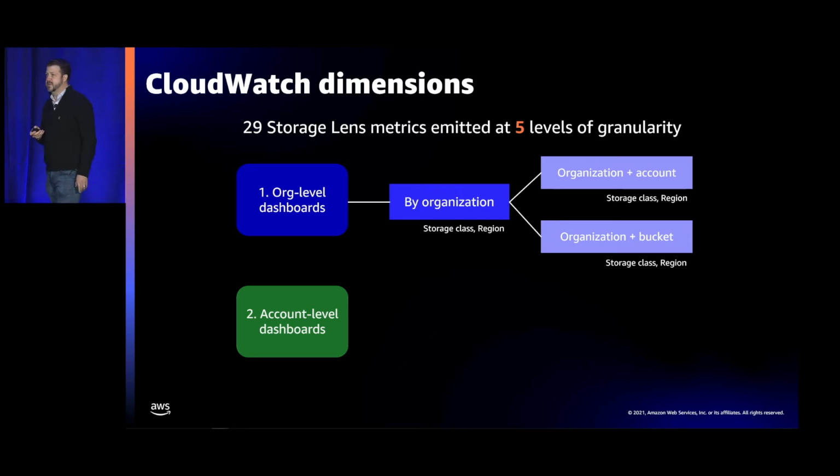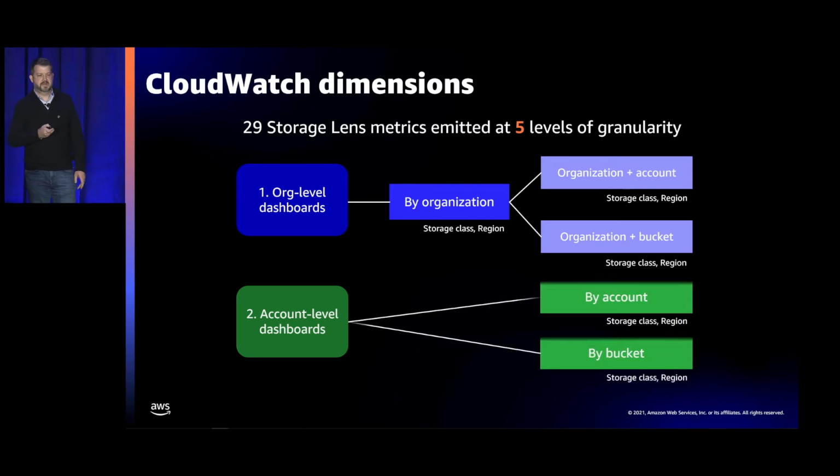If you're looking to do an all-up monitoring on an entire organization, you have that option, or you can do it per account or per bucket. And then similarly for the account level track, this is for anybody who's using account level dashboards, your metrics will show up here, and you have the account level roll-up and then the per bucket roll-up. And for each of these, notice that you have further granularity within them per storage class, per region. So you can do really, really granular monitoring here. We have customers that are doing monitoring at the individual storage class level to be able to identify buckets that are using a high percentage of standard storage class. That's one example use case that we heard.